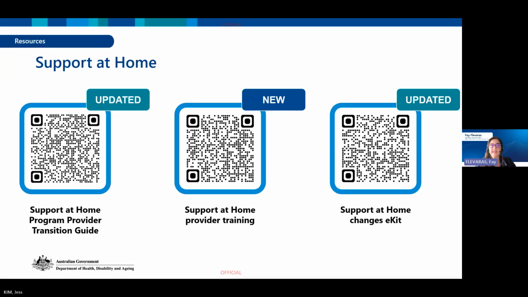And finally, we have the Support at Home e-kit, and it has been updated to include additional reference data, including a CSV invoice sample file, and non-API service codes and other claim validation data that you guys have been requesting. So this e-kit is accessible to everyone from the Services Australia website, but we try and package it all up together so you can see one view of everything, all the resources you have across government.